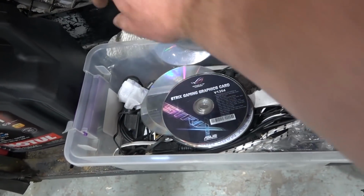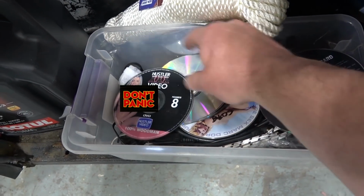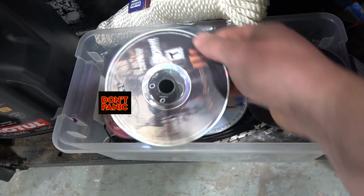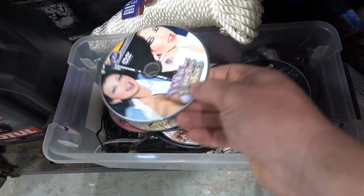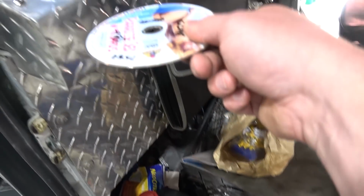So, we found the stuff. What's in here, Dewclaw? Oh! Standard issue on every military Jeep. We got some old Hustler stuff. Age of Empires, that's a gooder. What girls like? They like coffee. Okay, let's just fucking...